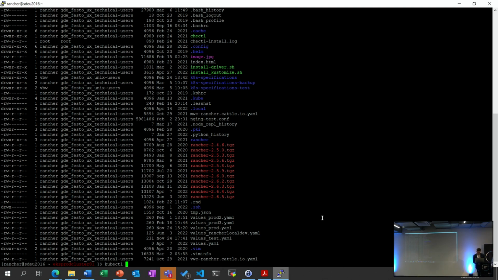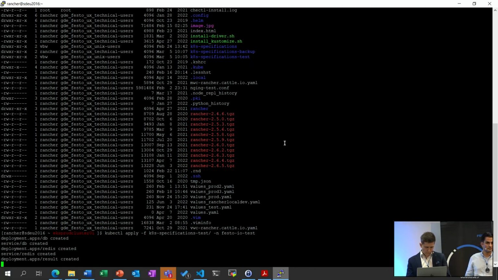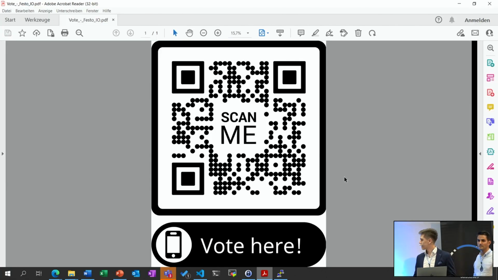So I'm here on a Linux server, which is our management host, and I will apply the deployment files I already pre-configured here. So we have the test, and then we have to specify the namespace. And you can see here all our deployments and service files will be created. So we need also some services so that the application is reachable. And I pre-configured also an ingress with a load balancer on AWS so that we have now public access. So I will now show you the QR code. So you can please scan that. So roundabout it took probably 5 seconds till the application is running. I will try that here on my own.